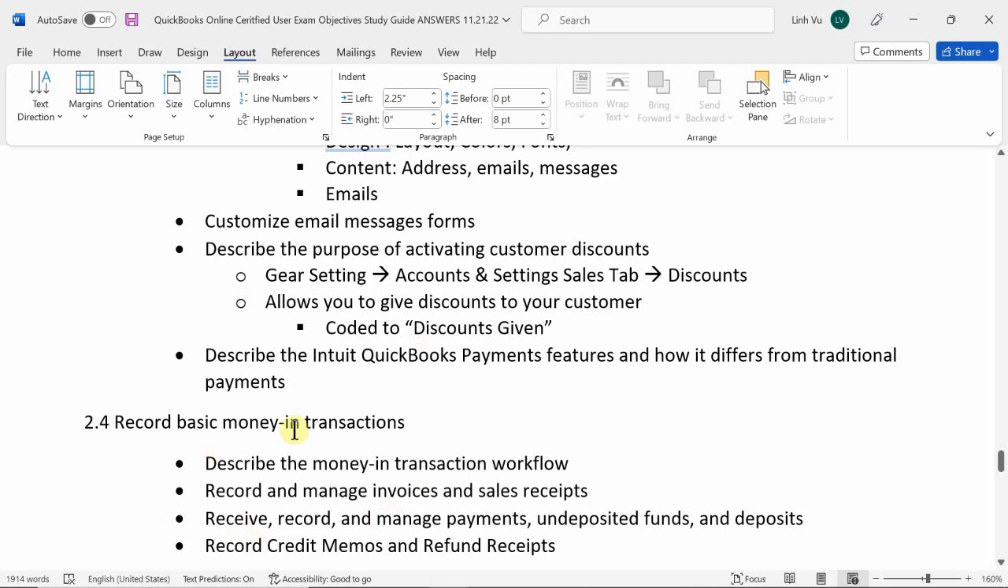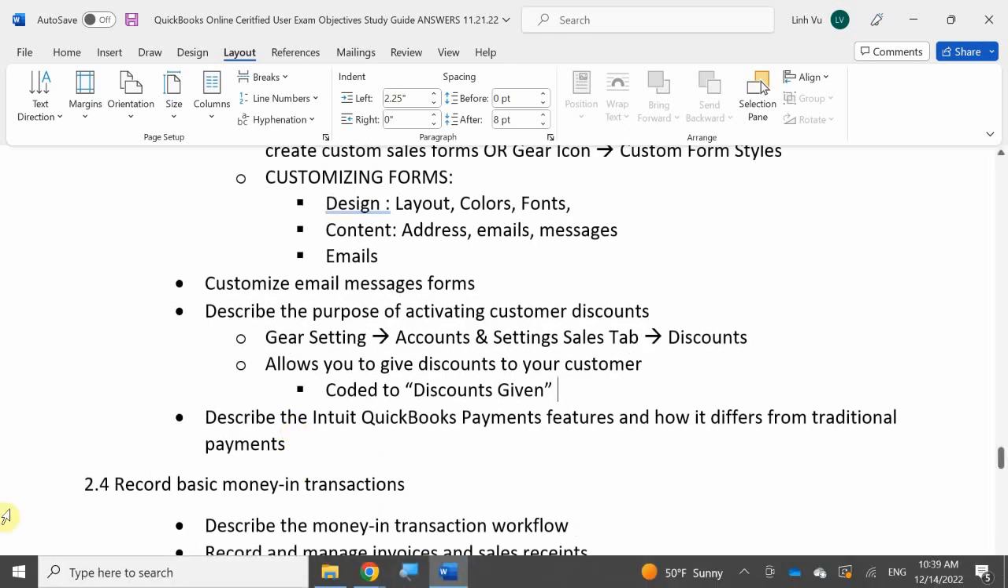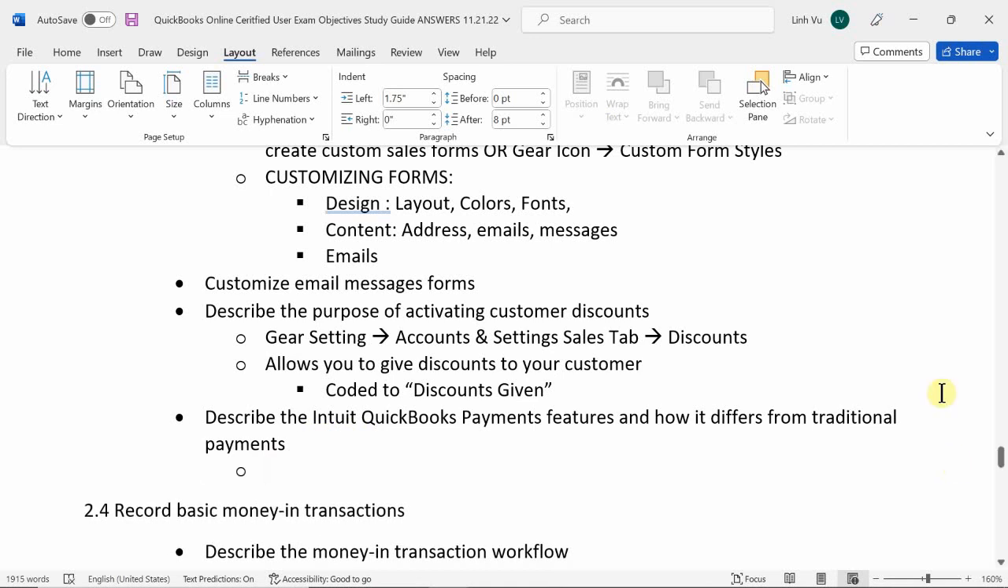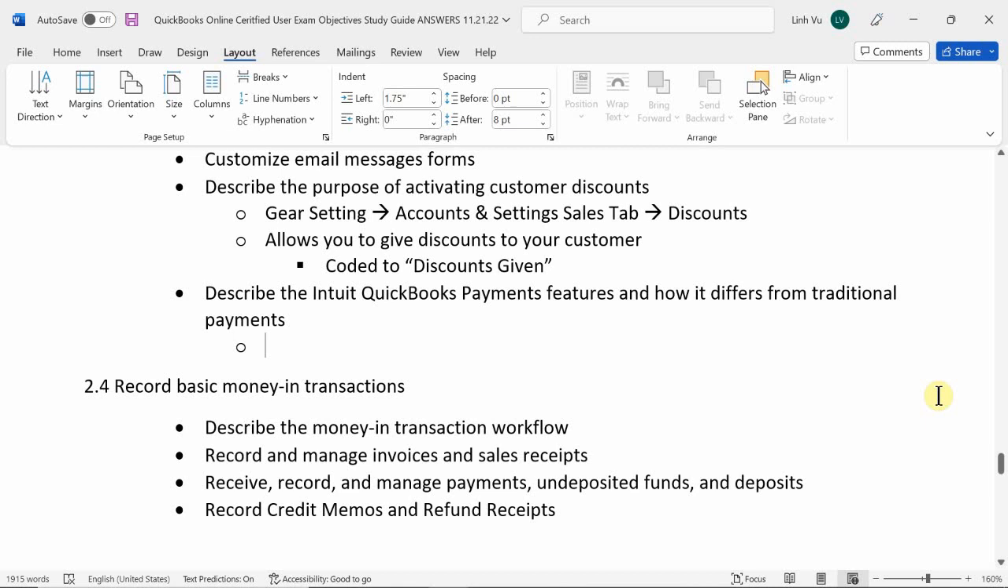Describe the Intuit QuickBooks payments features and how it offers for transaction payments. And it offers traditional payments. So in this case, right, it's talking about the QuickBooks payments subscription, right? I believe that is also in chapter 5. So in there, it should talk about QuickBooks payment subscription. So in this case, right,